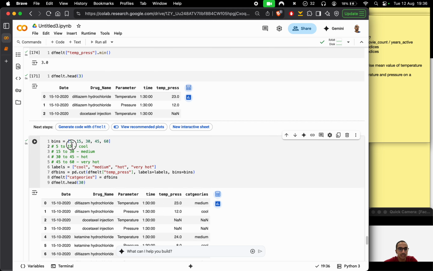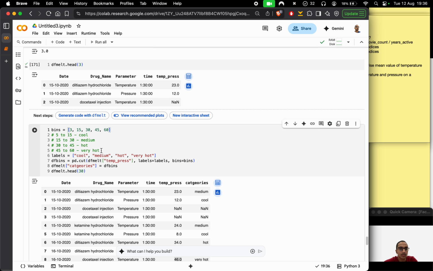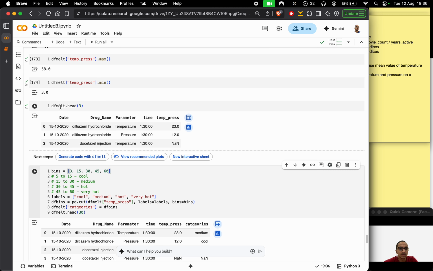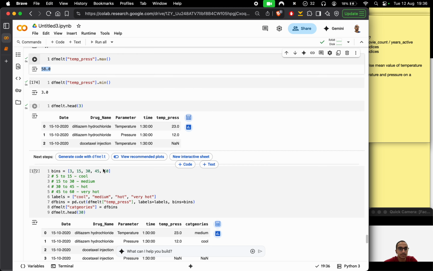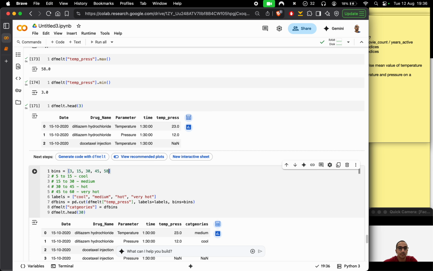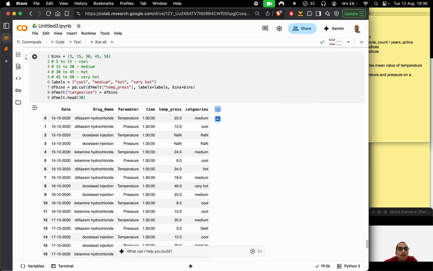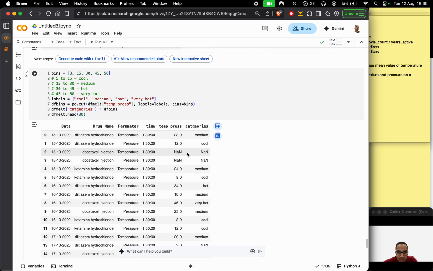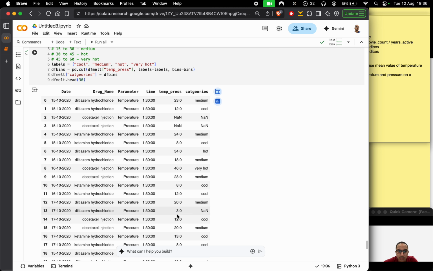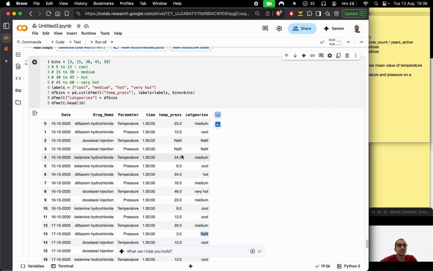So now let's keep this as 3 and we'll see what happens. And we will keep the max as 58. Now all of this is fine. You see, it's still saying 3 is out of the range, and the reason is because